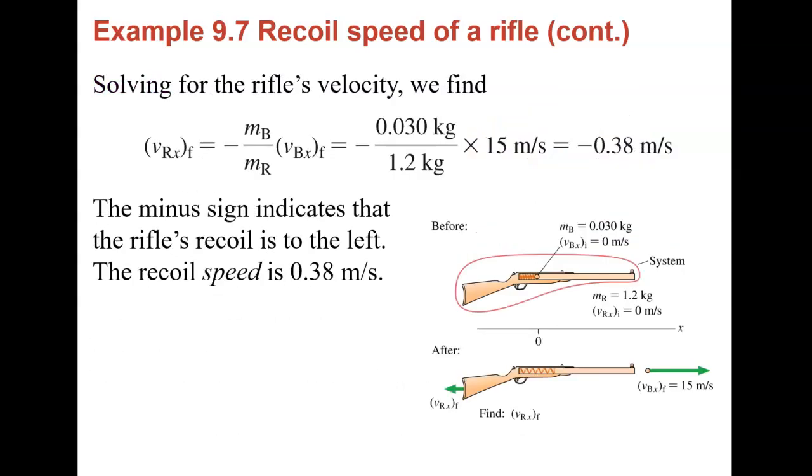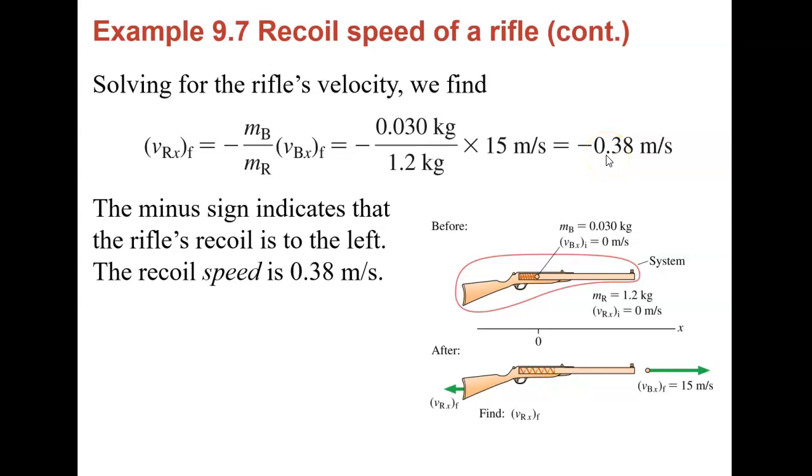So because of this, the mass of the rifle times the velocity of the rifle is equal to the mass of the bullet times the velocity of the bullet. We know the mass of the bullet, and we know the mass of the rifle. We know the speed of the ball. So you take the division of the masses times the velocity of the ball, and that gets you your velocity of 0.38